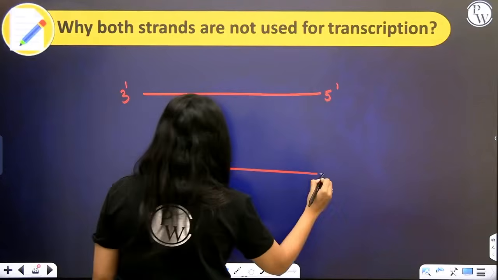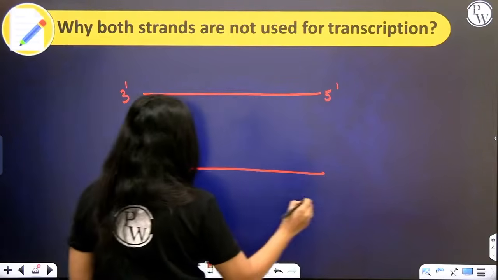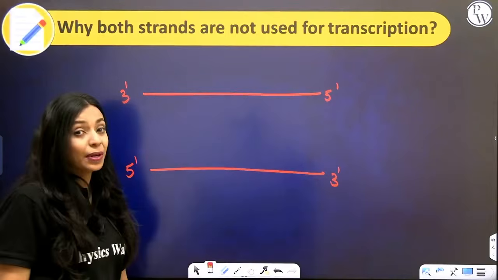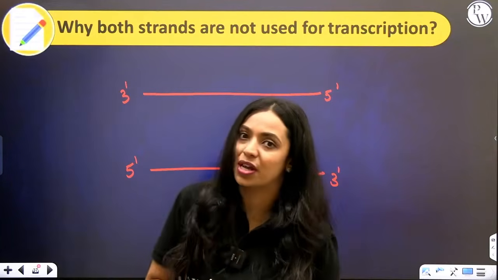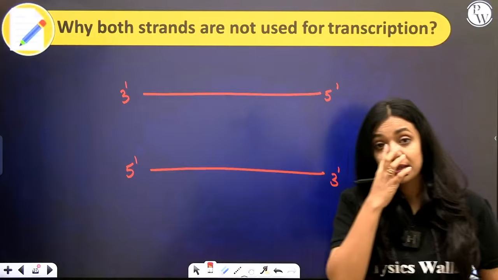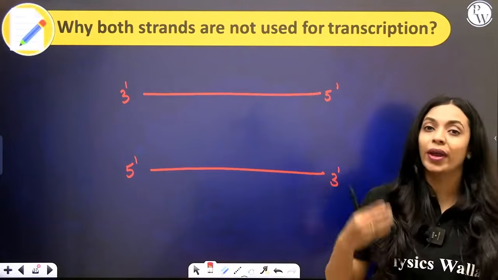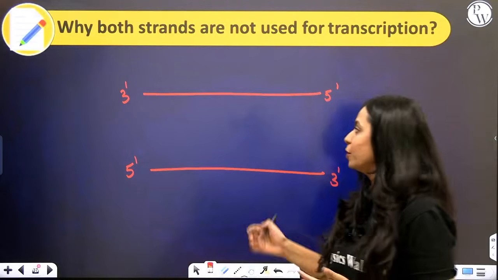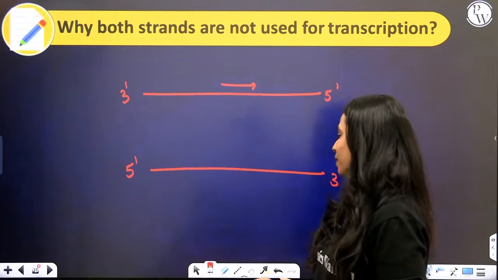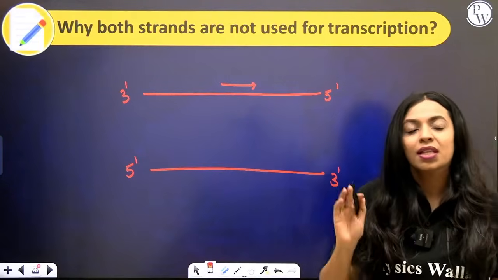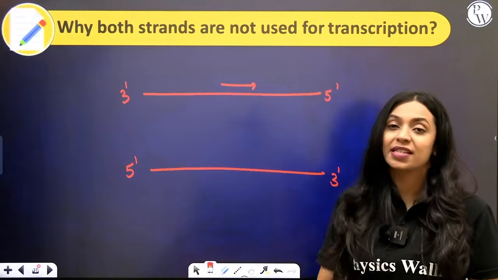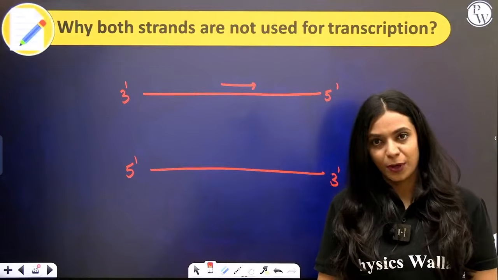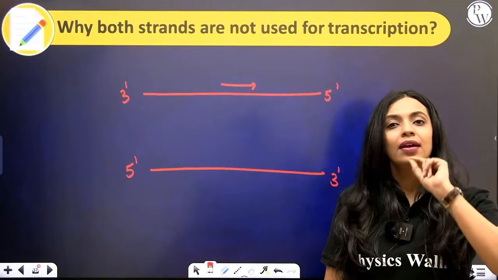The other strand runs from 5' to 3' direction. I'm repeatedly saying that only one of these two strands is going to act as the template. The strand that is going to act as the template will have the polarity 3' to 5'. The reason why both of these strands cannot act like the template is because,